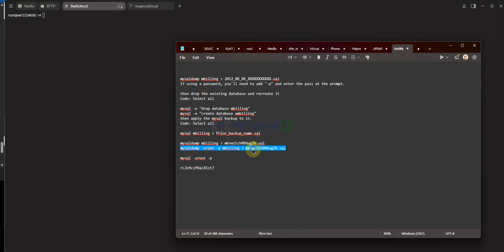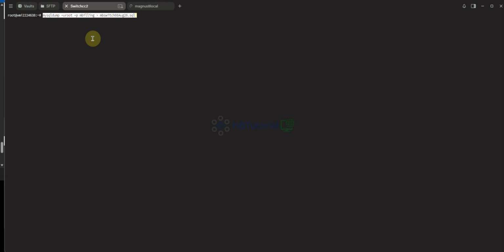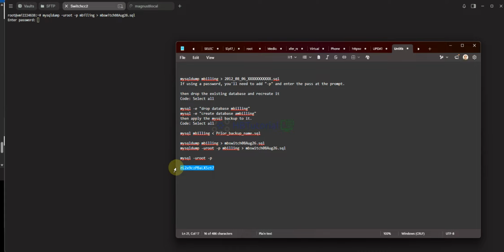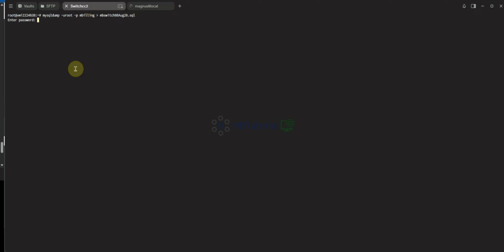Copy, then enter your SQL password. As you can see, we already have a backup from last July 24.